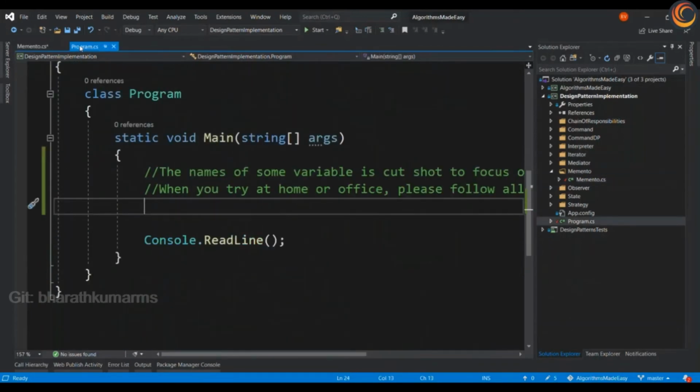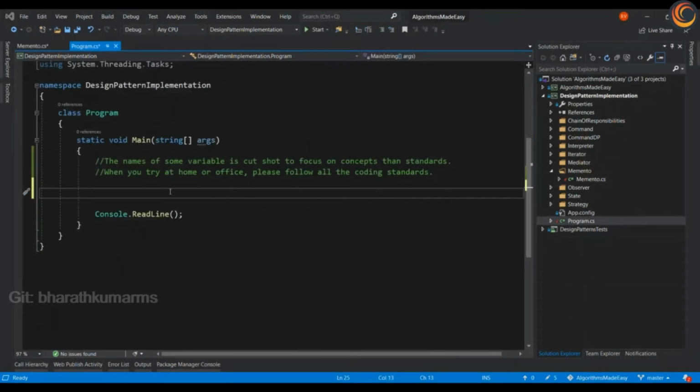Let's go to the client code. Here we will create the time machine object and the caretaker.